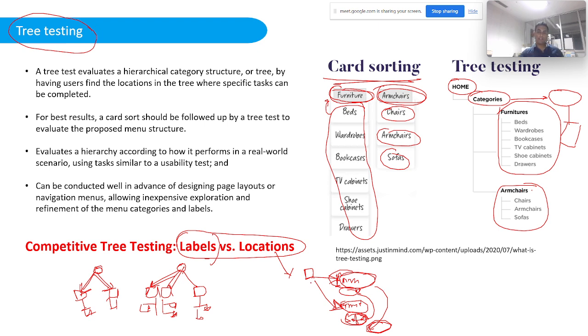However, if they can directly reach this sofa sub level without going to furniture, that means this is the correct position. So that's how we do competitive tree testing, where we analyze the positions of levels and movements of particular locations within the same subtree. Okay,